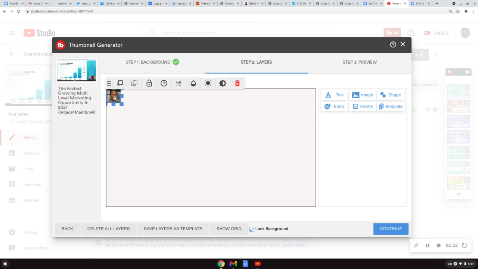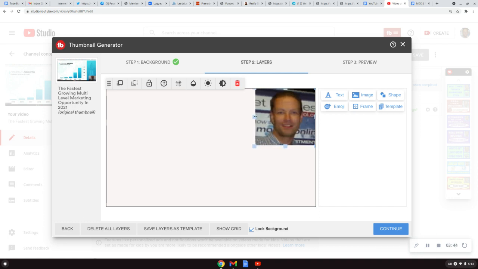TubeBuddy, and I'm sort of following a theme where it's just a drag and drop. So I'm putting my cursor on there, I'm dragging it across to the right hand corner, and you'll see I just put my cursor on one of the little blue squares on the outside. I'm going to drag that, and you can drag and drop it anywhere you want to do. And then I'm going to click off there, and I've got my image